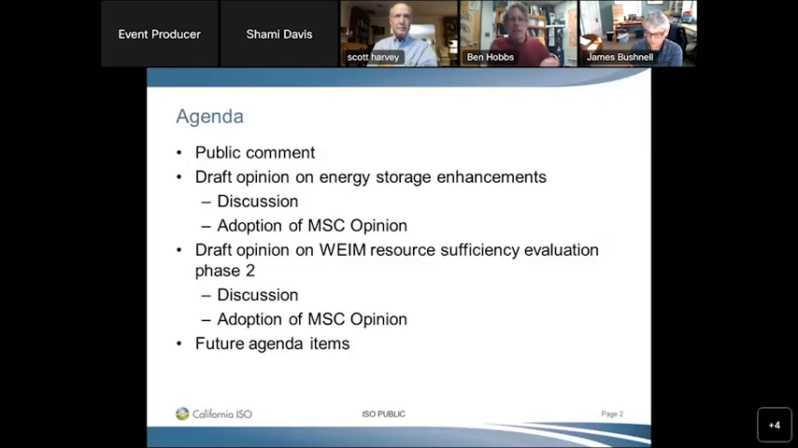So first I'll summarize. The MSC was asked to comment on the energy storage enhancements proposal, which concerns market rules for short duration, typically 4-hour or less, battery-based energy storage facilities. This is in some ways a follow-up to the ESDR 4 initiative that was a year and a half ago. It seems like forever, but at any rate, there are 4 components that we will comment on,